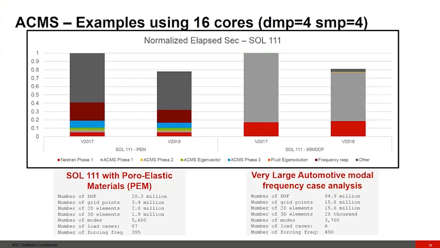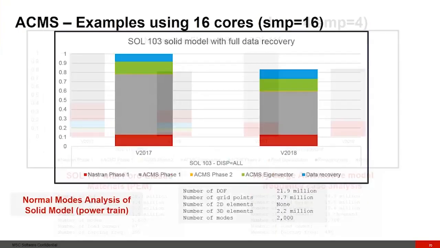And then also on the right-hand side, we have a very large automotive model, a frequency analysis. This is a very big model, the biggest model that we tried, about 94 or 95 million degrees of freedom, and you can see how the performance gain in version 2018 using the new ACMS methods has helped for this model. So these are all features that have been added to improve